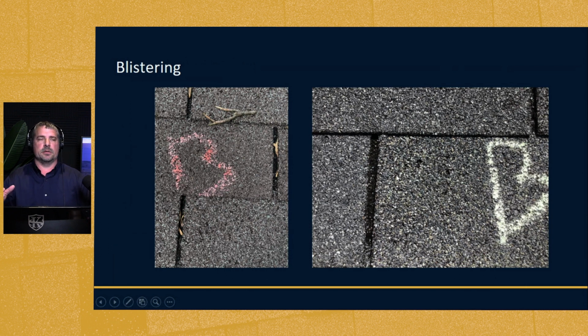Think of blistering, its occurrence, right? Think of it as the little snap pops you give to kids on 4th of July, right? They take these things outside, they throw them against the sidewalks, concrete surface, and they just pop, pop, pop, pop. That's exactly what's going on when blistering occurs. These hydrocarbons that were left over in the asphalt bitumen from the production process reach a critical temperature after this shingle is taken out in the field, put on a roof. They reach this critical temperature and it's a little bitty tiny micro explosion. Pop! Kicks the granules off of this shingle, removes the bitumen, and this is the type of mark that you're